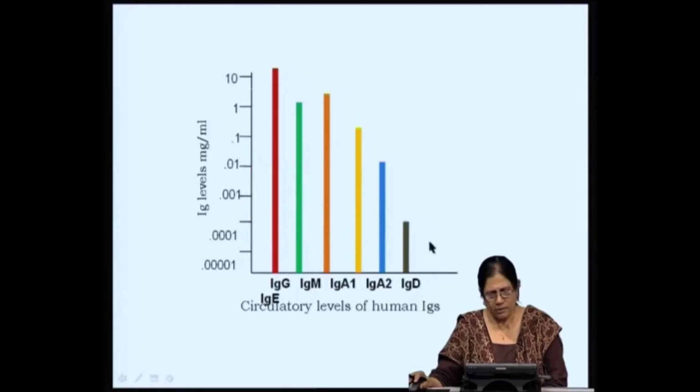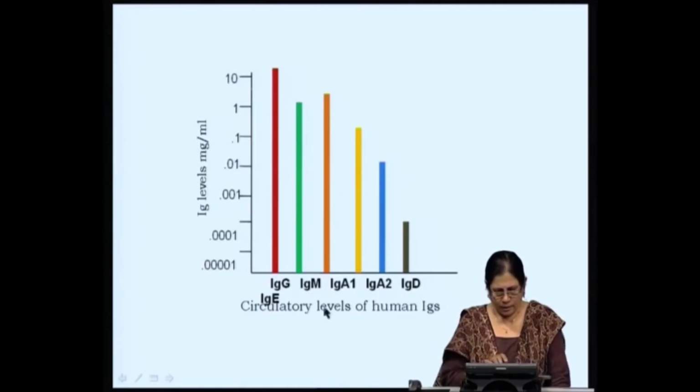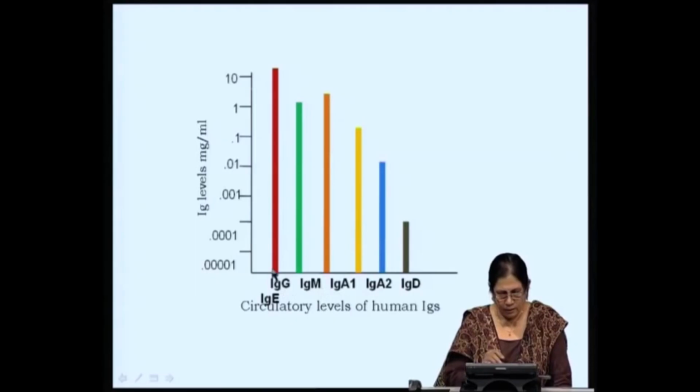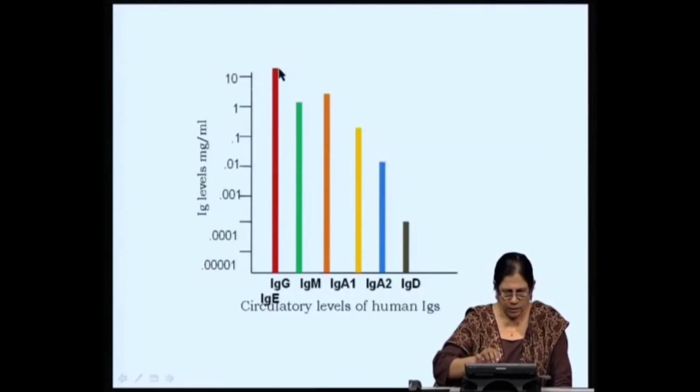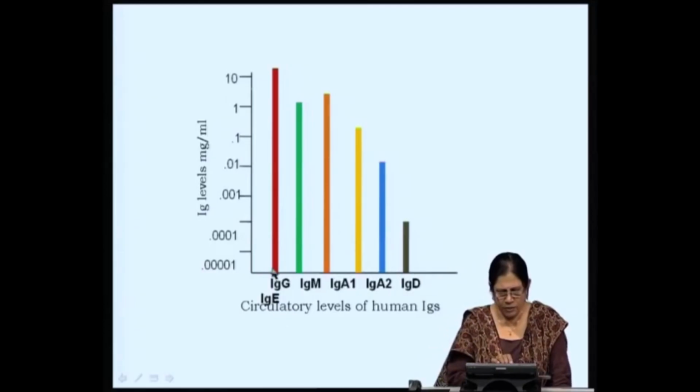Now, this is a graph just to tell you the circulatory levels of human immunoglobulins. The x axis has all the immunoglobulins. The first one is IgG, the green is IgM, this is IgA 1, 2, the monomer, the dimer, this is IgD